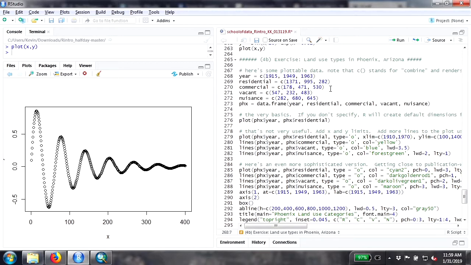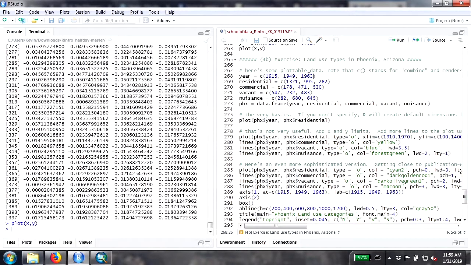So what I'm basically doing is creating five vectors here. I'm going to call them year, for the year, since it's a historical study, residential, commercial, vacant, and nuisance. These are just numbers separated by commas, and this is technically a function called combine, which combines them. So if I run all of these,